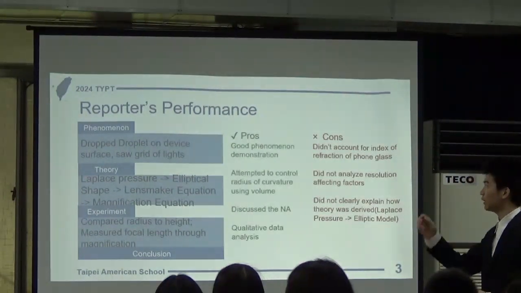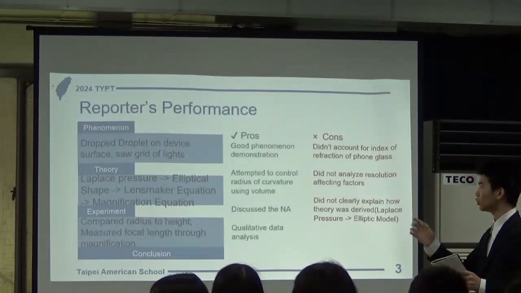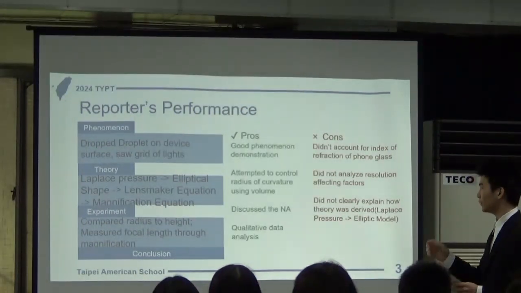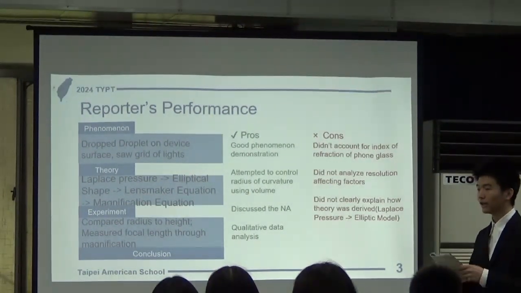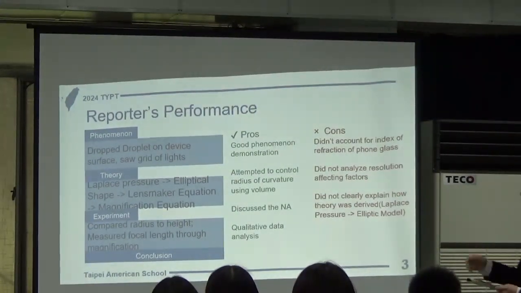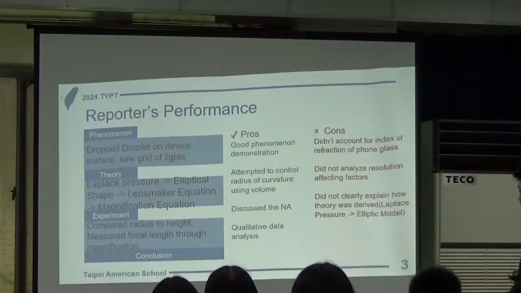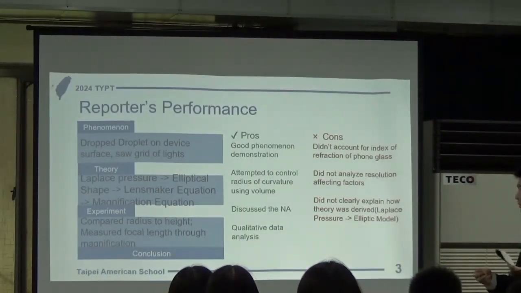In regards to probes, they had a good phenomenon demonstration with really clear photos that showed what they were measuring. They attempted to control the radius of curvature using the volume. They discussed the numerical aperture, and they had good qualitative data analysis by looking at the trends in their graph. However, they didn't account for the index of refraction of the glass. They did not analyze resolution-affecting factors besides the numerical aperture. So for the aberrations that they mentioned, and they also did